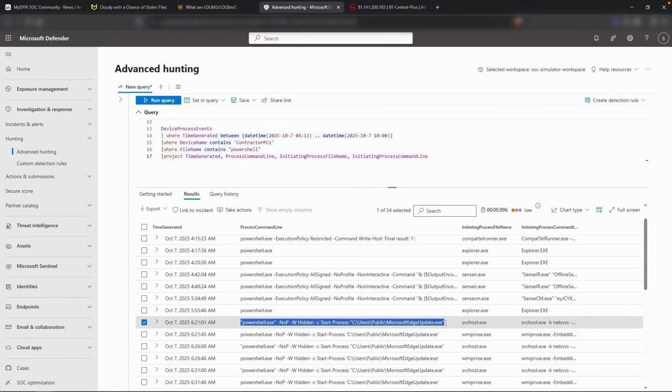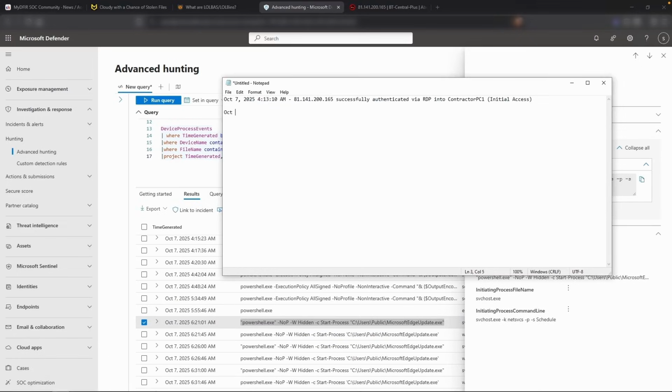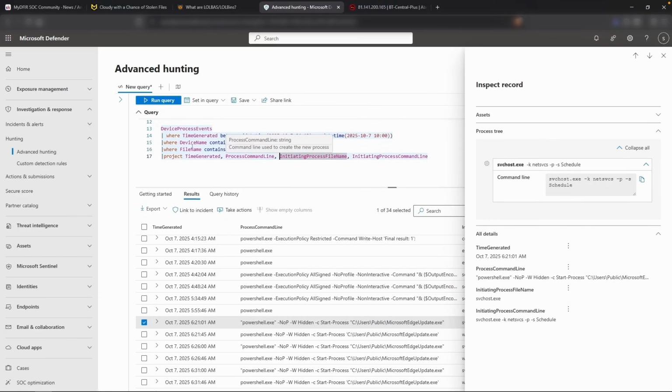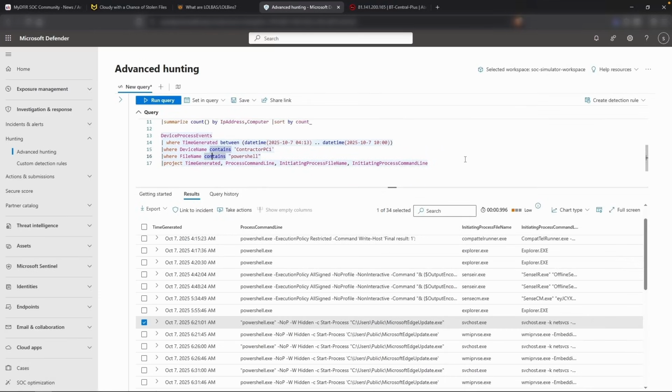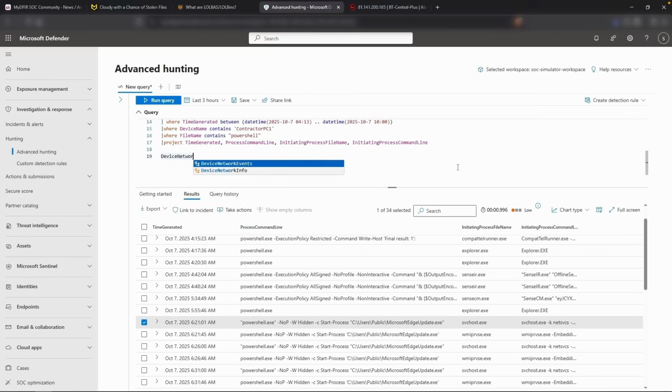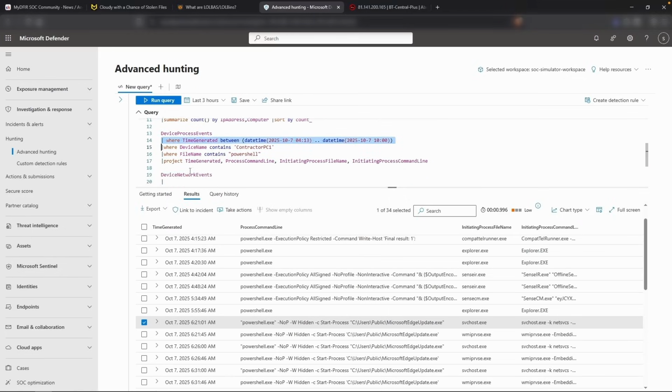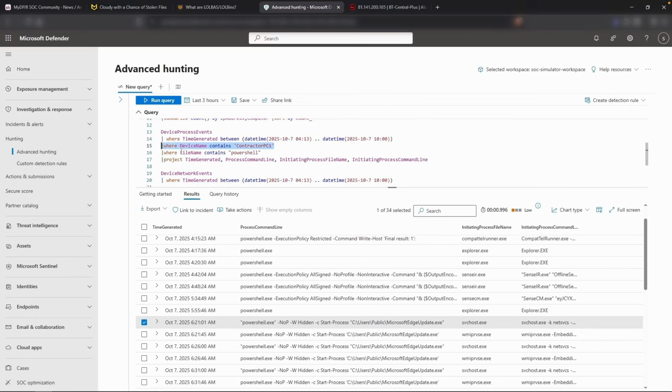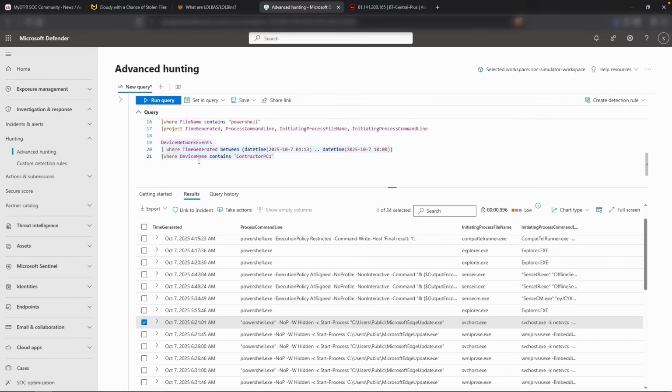So I'll go ahead and copy that and I'll say October 7th, 2025, 6:21:01 a.m. And I'll just paste that in here. But what happened in these 2 hours? That is what I want to figure out. Now, instead of looking at device process events, let's shift our focus onto device network events and see what we can find there. Copy the date and time range, and let's do the device name as well,